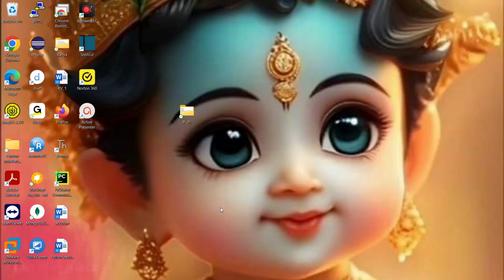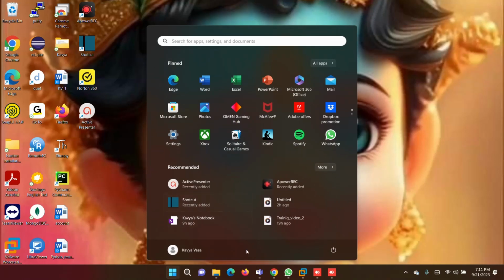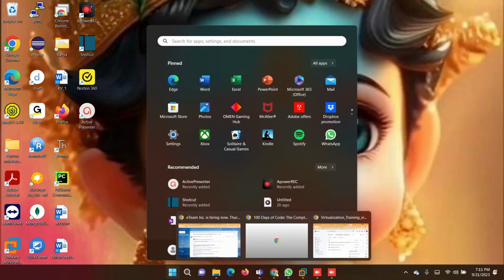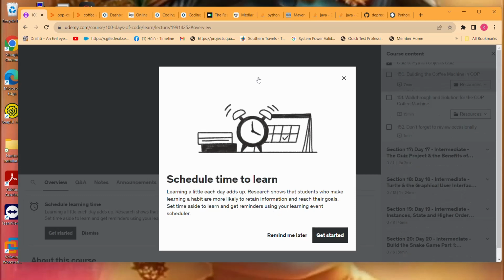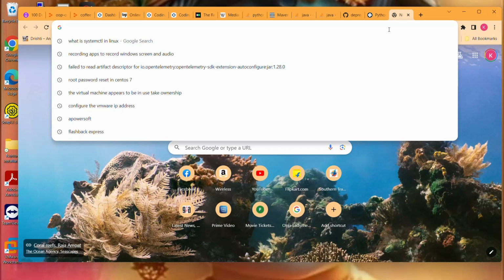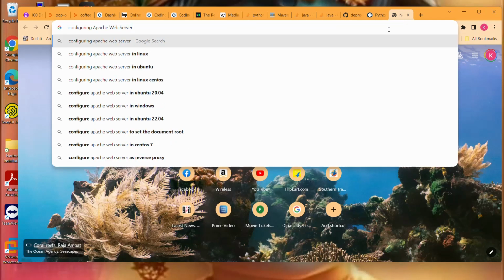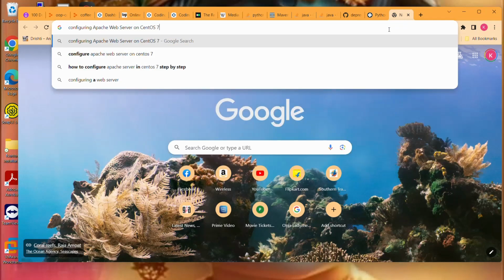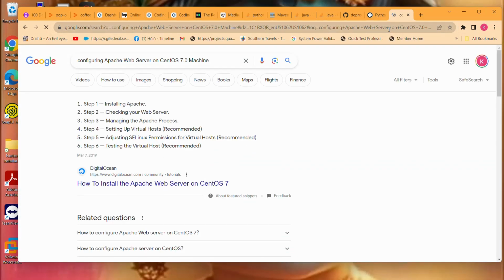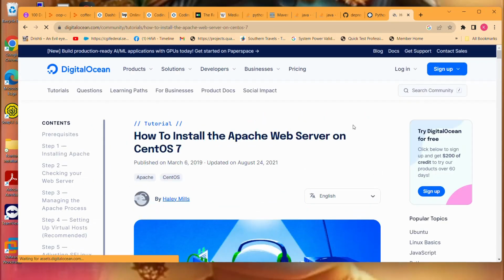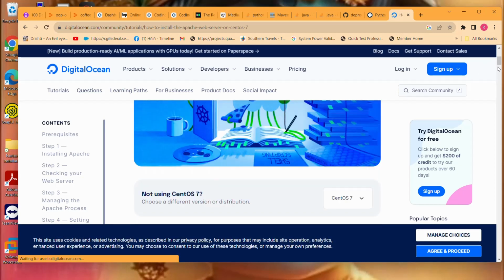So let me say I am opening an internet browser and searching for configuring Apache web server on CentOS 7.0 machine. Let us assume that. Here the tutorial is there, and I have gone to this tutorial.